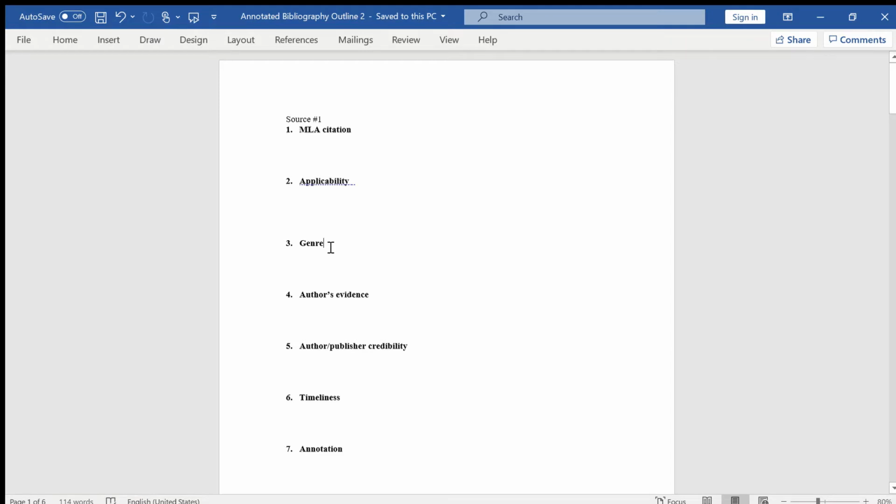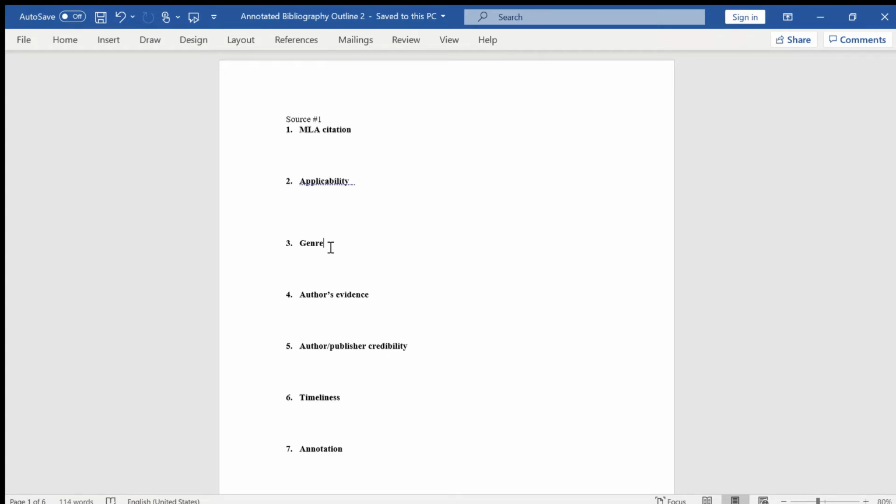Genre is the type of text or maybe even the type of media that you're going to be using. So is it an article? Is it an essay? Is it a video? Is it a film? A documentary? Whatever it is, you need to put that genre down. Most of the time, the genres that my students use for college level writing are going to be news articles, like USA Today or the New York Times, and scholarly journal articles,